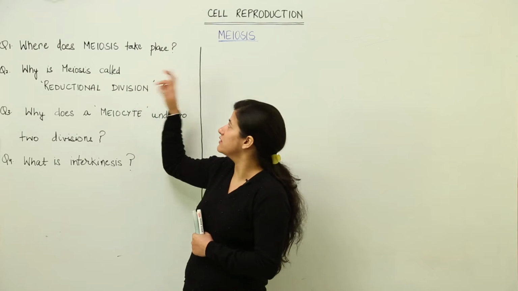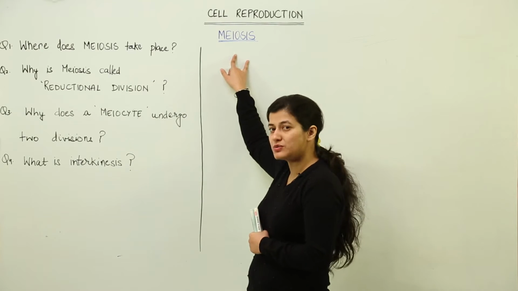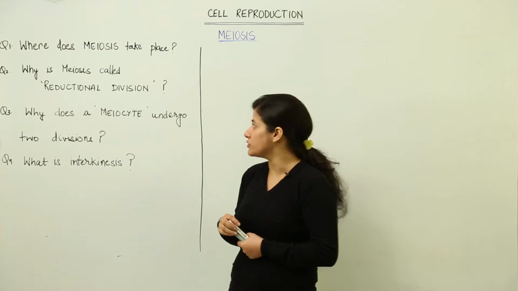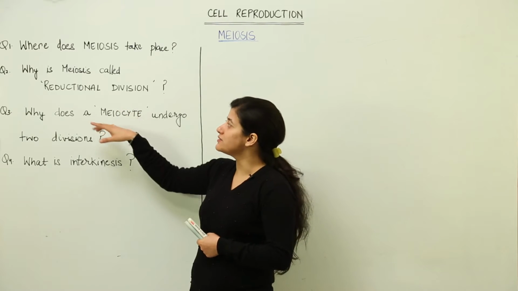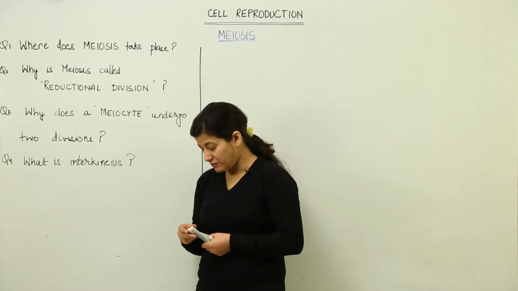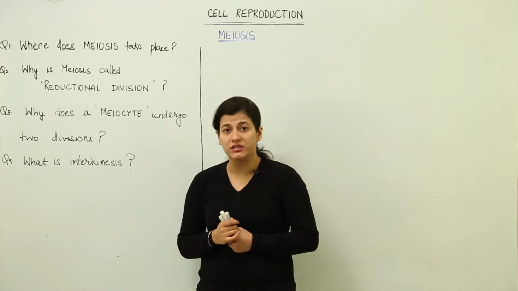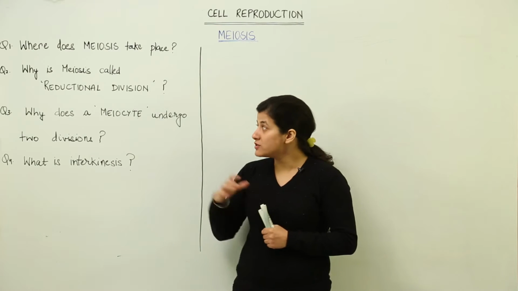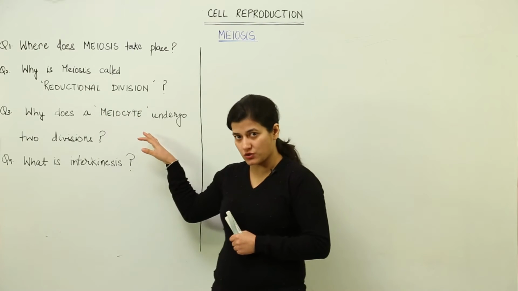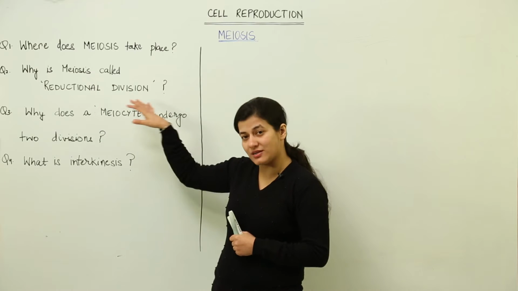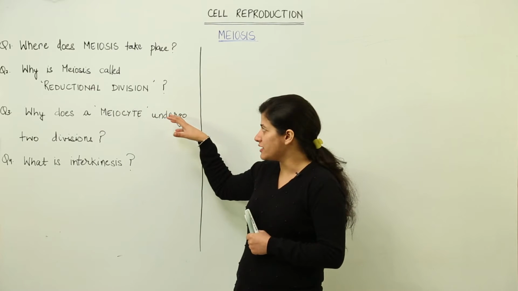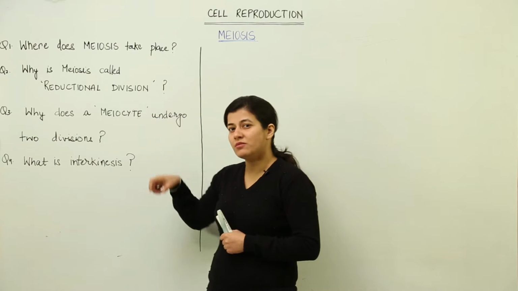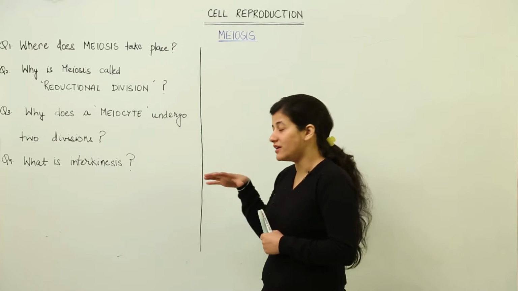First is the cellular division of meiosis, where does it take place? What are the cells which are destined to undergo meiosis? Then why is this meiosis? I had discussed earlier in the previous lecture that it is known as reductional division and mitosis is known as equational division. So why is this name given to meiosis, that some sort of reduction would be taking place? That is why it is known as reductional division, but we'll get to know how that reduction